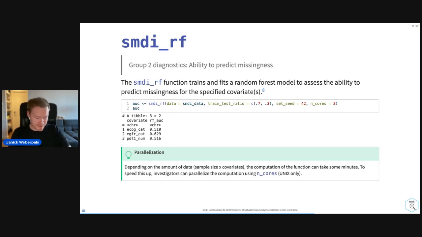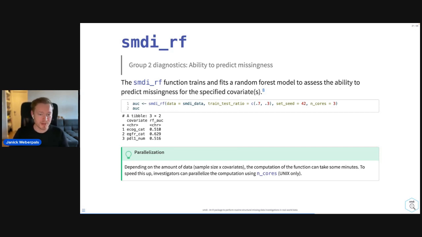Now for group 2 diagnostics, this will test the ability to predict the missingness, and the smdi RF function basically trains and fits a random forest model with the random forest R package as the underlying engine for you to assess the ability to predict the missingness for the specified covariates. And since random forest models, especially on large data sets, can be very time consuming to train and to run, we also implemented parallelization, if you have multiple variables that are missing, with the n-cores parameter,